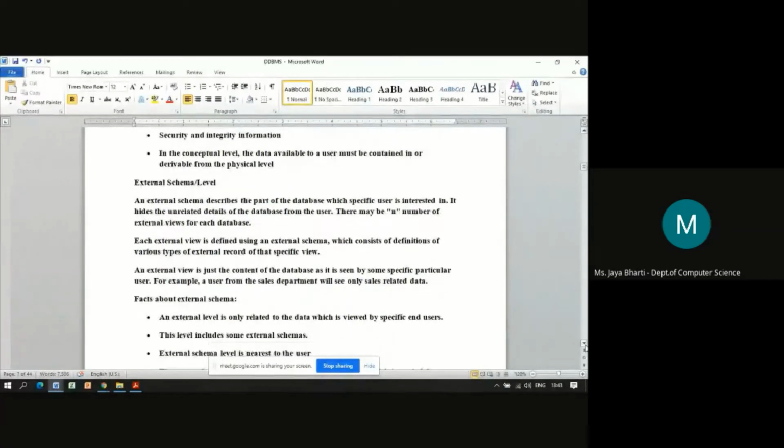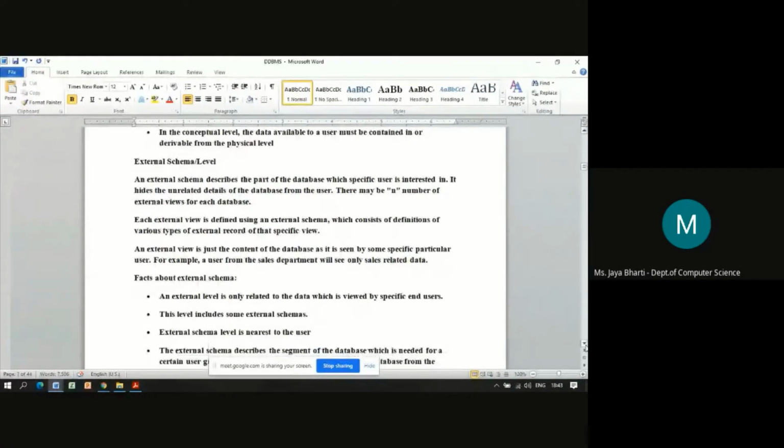Now, external schema. The external schema describes the part of the database which a specific user is interested in. That is from the client side. So the external schema gives you user-specific details, and it will keep on changing as per the user. Suppose in a banking system, n number of customers are there.